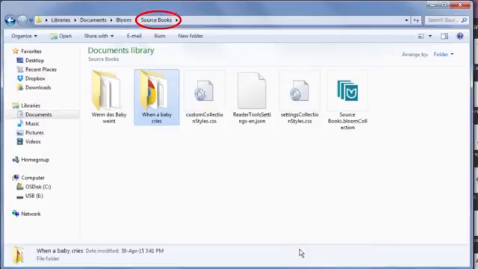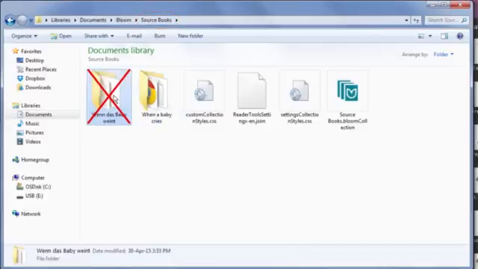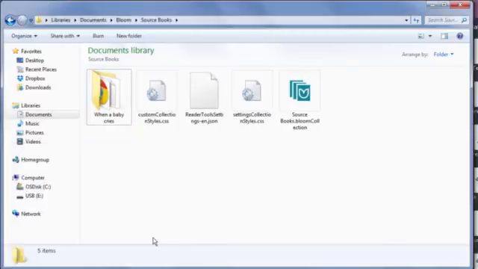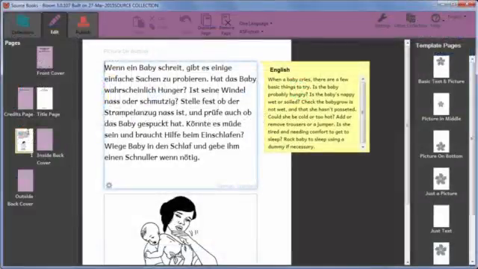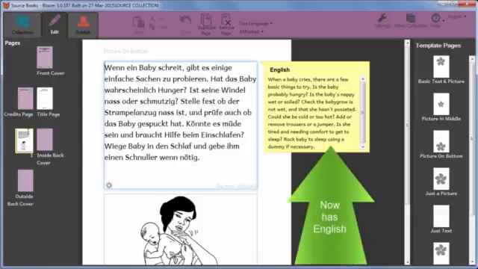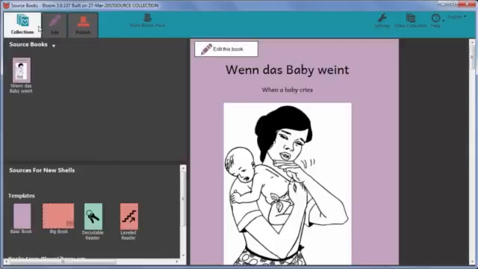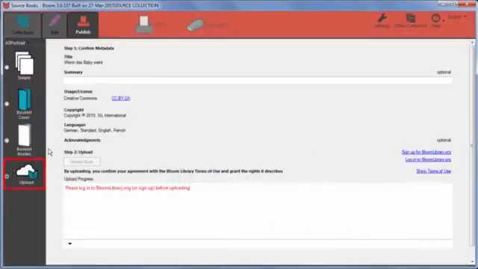If possible, the source collection which contains the original shell book. Then delete the original shell book. When you next open this source collection in Bloom, you will find the shell book has been updated. To distribute the shell book to others, either make a Bloom pack or upload the book to the Bloom library.